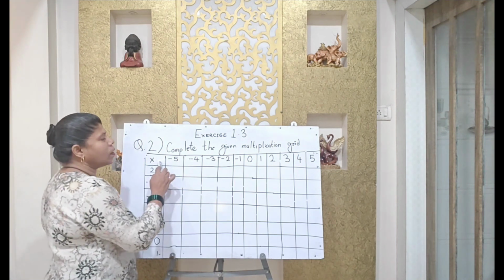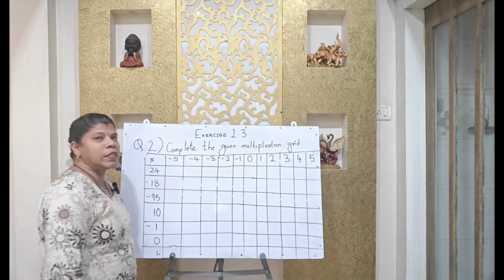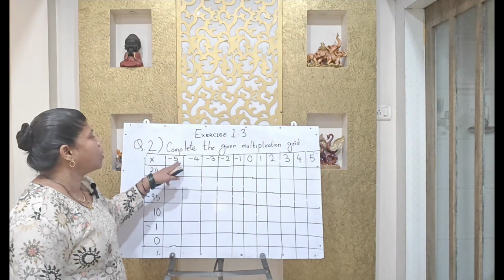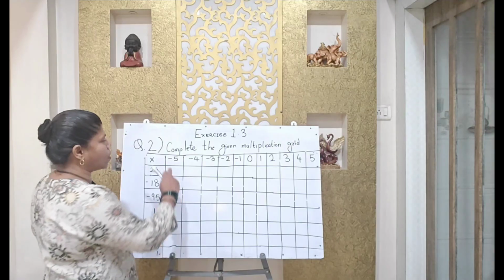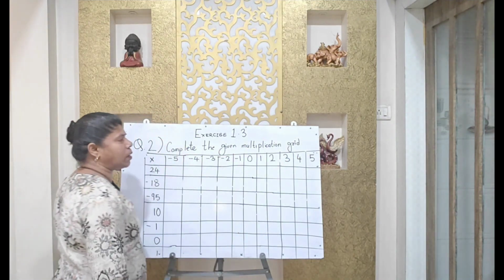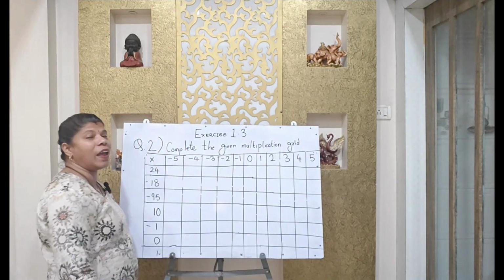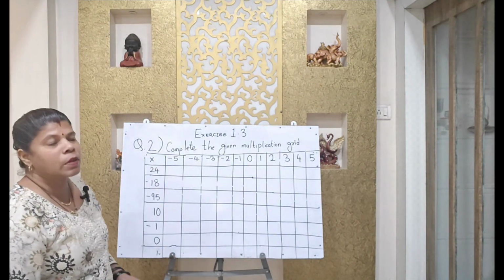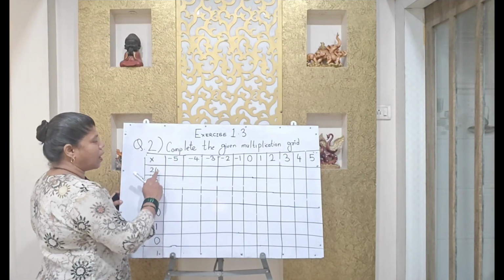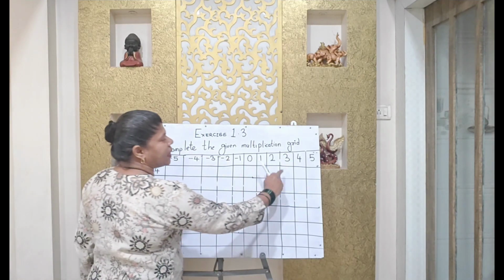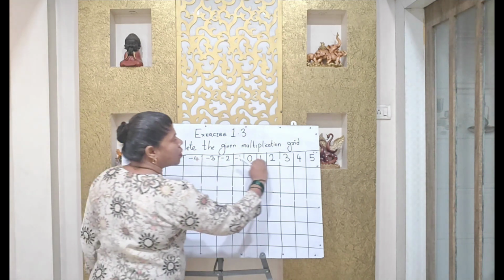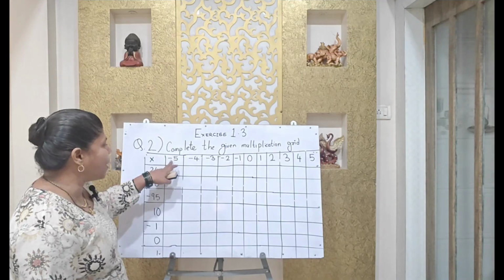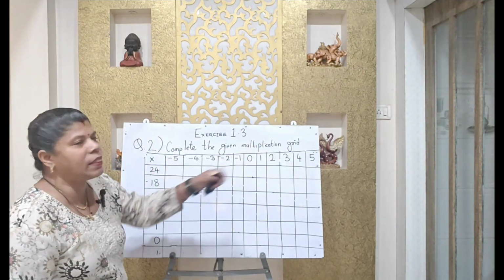First, notice in this line, these are the multiplicands, because their value is increased by 1. They all are in this straight sleeping line, all are the multiplicands because their value is increased by 1. And these are some numbers they have provided to us. We have to take the multiplicand and this multiplier and fill this grid. These all are the multiplicands, these all are different multipliers. We multiply the multiplicands with the multipliers and fill this grid.